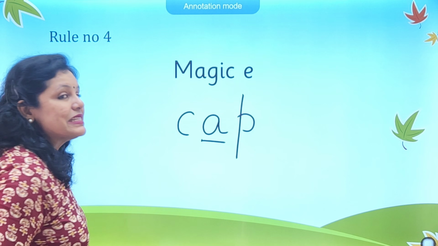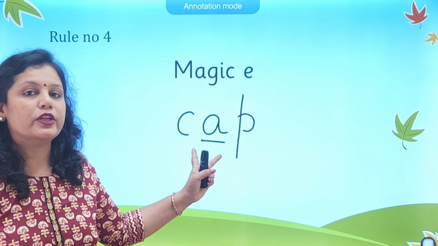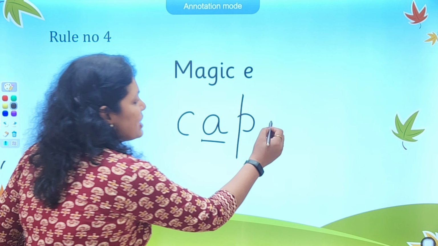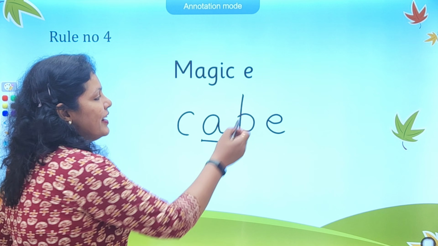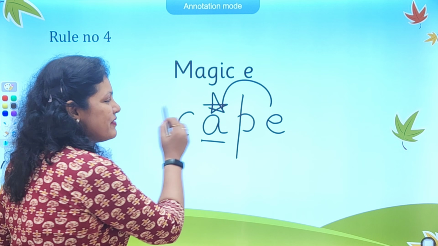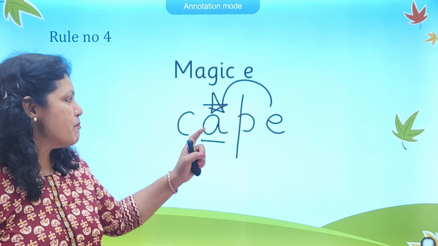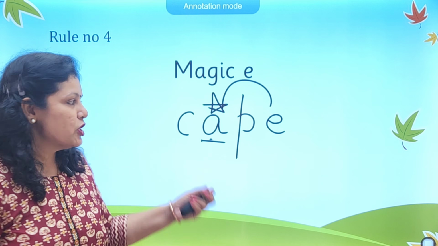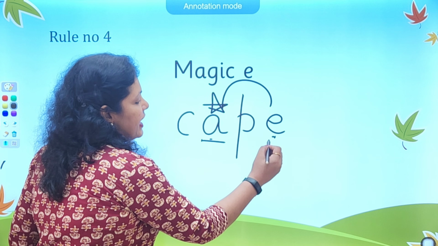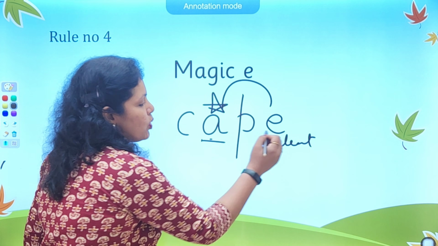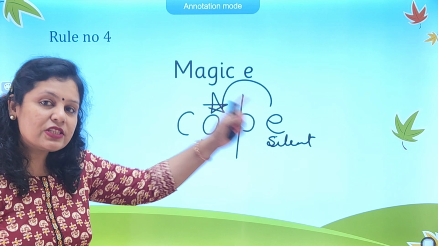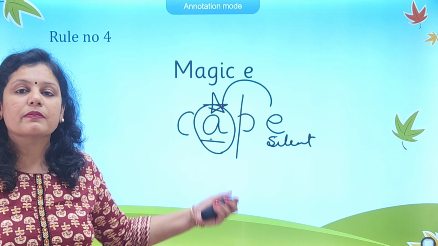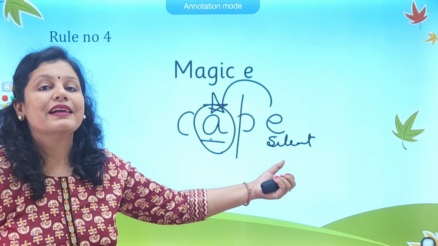Whenever a vowel is single in a word and is enclosed between 2 consonants, it will give you the short sound of A. But as soon as the letter E comes over here, it creates a magic on the previous vowel. And what magic? It makes this short sound say its long sound, that is its name. And in this procedure, it remains silent. And this is what is known as magic E. But this rule, if you see further, here this letter becomes a long one. That is, it becomes a cape.